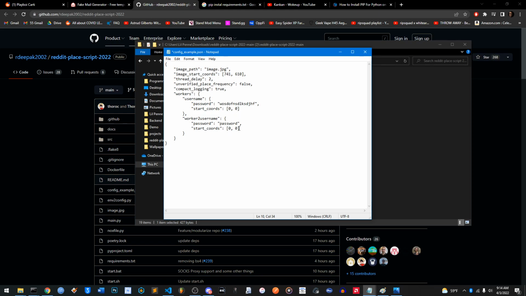But if you don't want to worry about that, just leave them at 0. It's fine. It'll still work. But yeah, so all your alts, you're going to enter for each one of them. They go into their own little bracket and username. And if you have more than 2, because right here it's only 2, all you got to do is copy this,